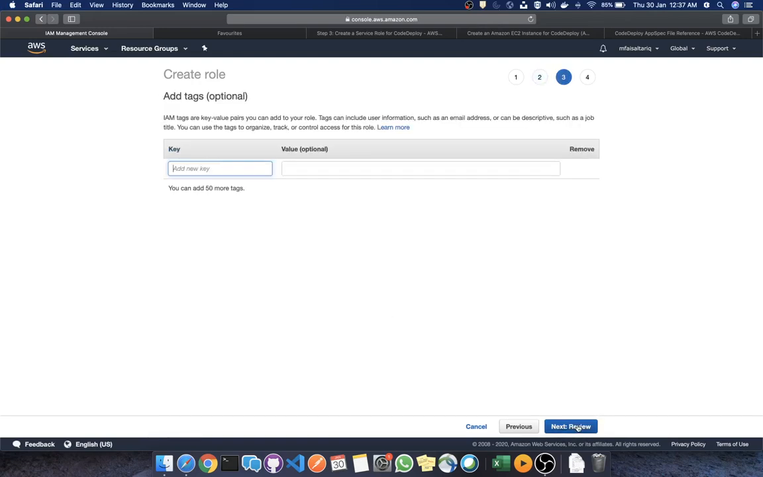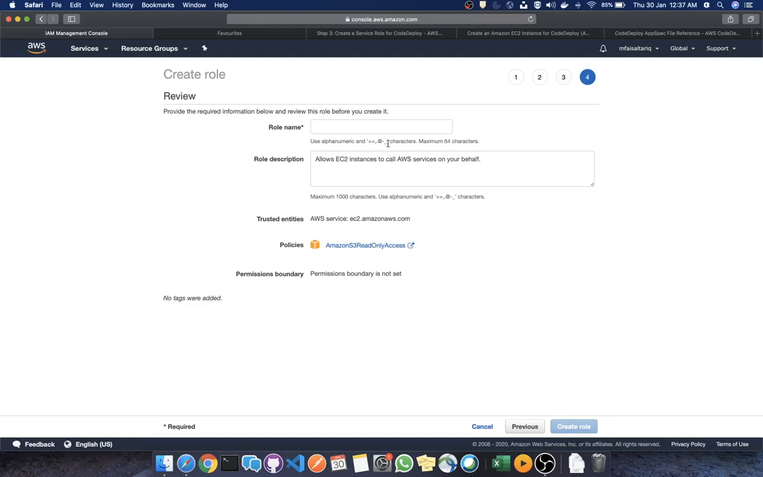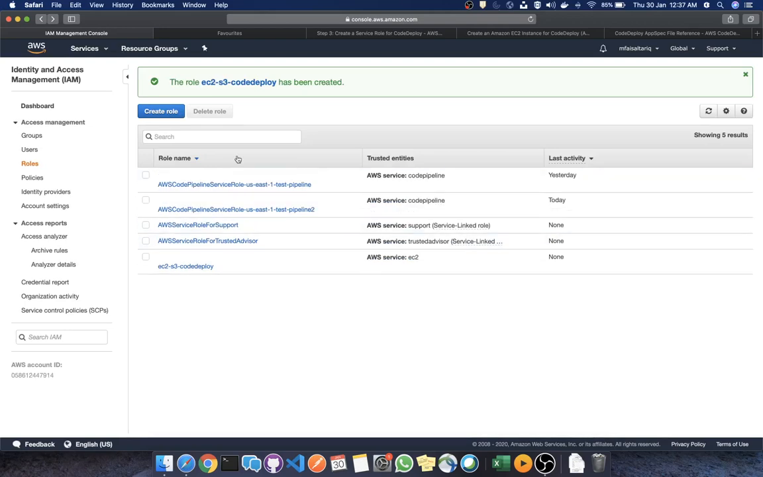and I'll go to next tags. I'll skip this step and then I'll give it a name. EC2 S3 code deploy, and I'll create this role. Now if I see over here, you can see that this role has been created and it appears over here. Now I need to create another role